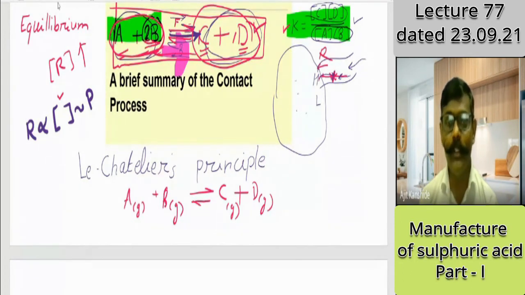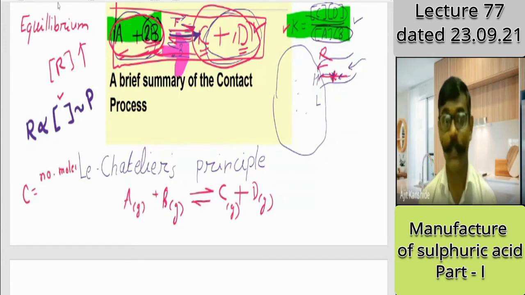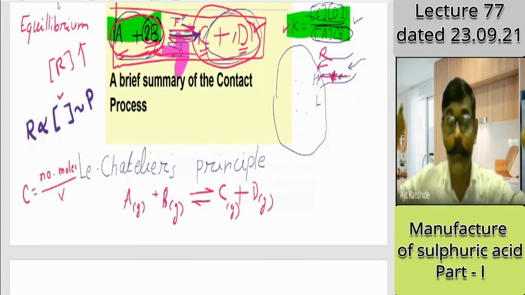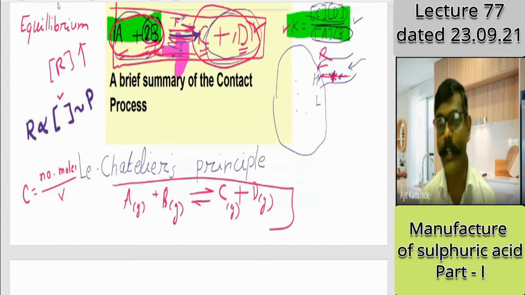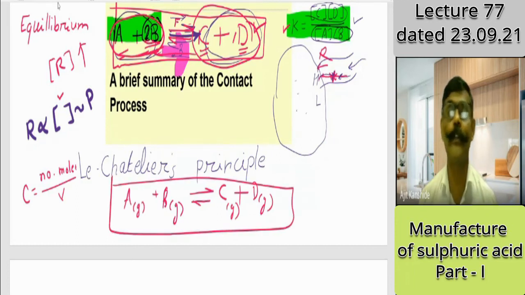Now what am I doing? I am increasing pressure. If I increase pressure, what will be the change in concentration? That you have to think. Concentration depends upon the number of species, number of molecules, number of moles. And by the way, it depends upon volume: how much, 1 liter, 2 liter, what is the size of the vessel in which these reactants and products are there. All of these are in one vessel, one container. Reactants and products are both in one container, gases are there, so they share one volume to occupy.